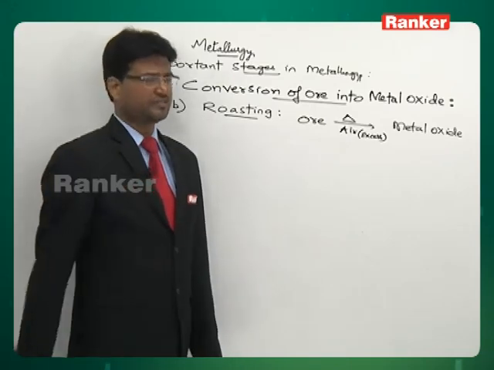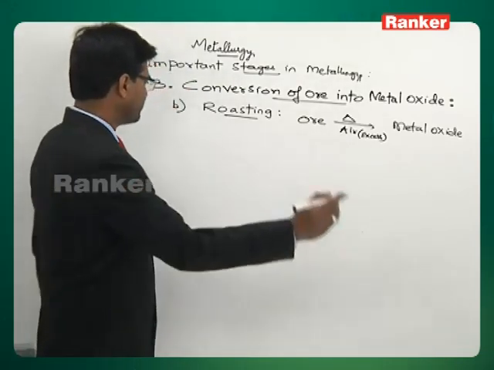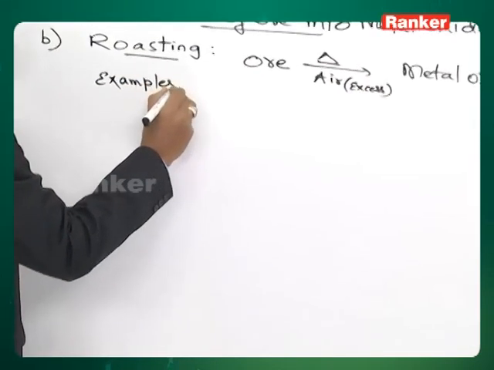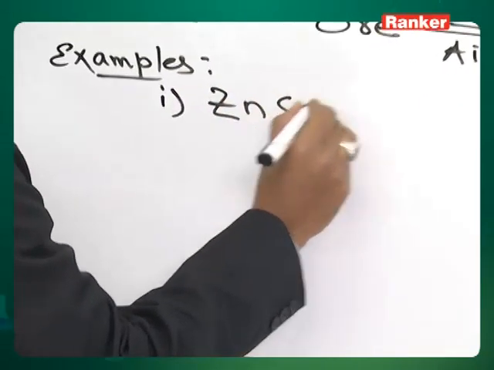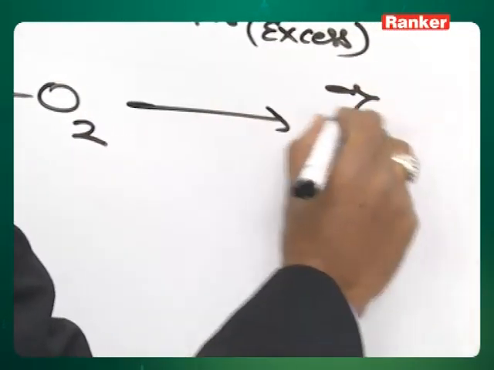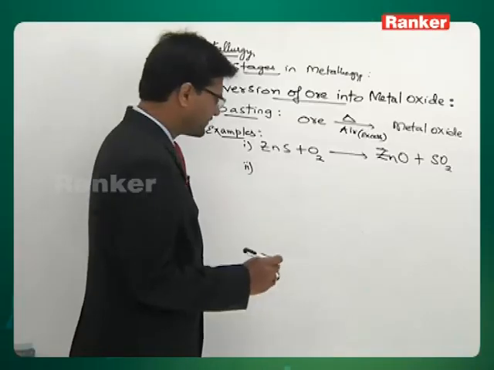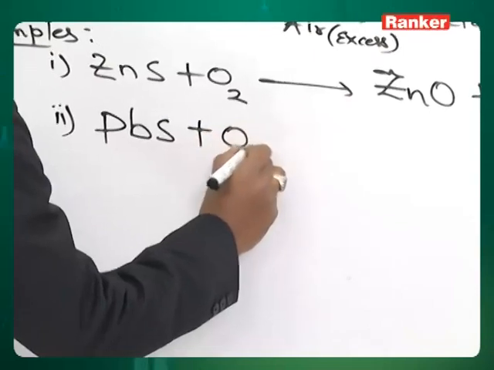Sulfide ores are roasted because the sulfur gets replaced by oxygen. Look at the examples. ZnS plus O2 gives ZnO plus SO2. The next example, PbS plus O2